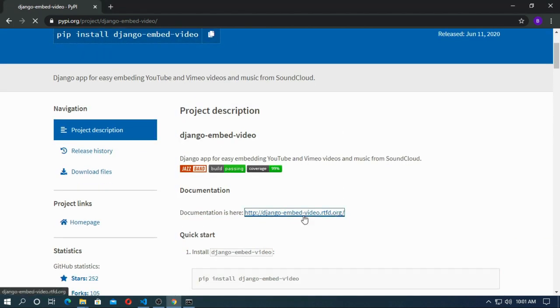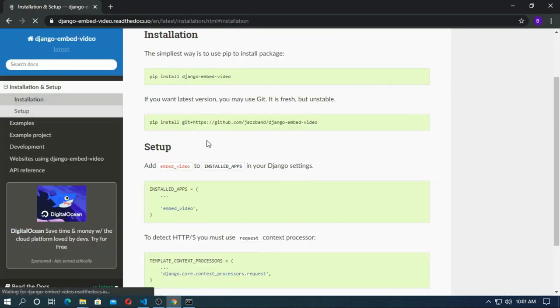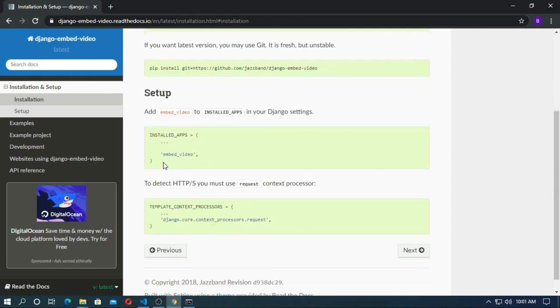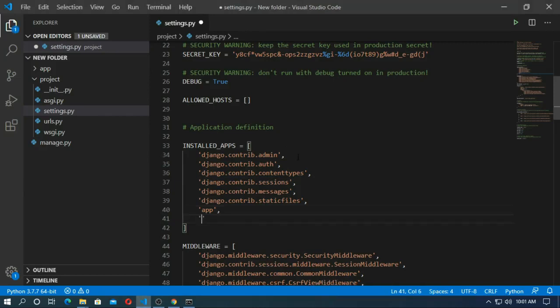Go to the documentation, go to the installation, and installation and setup are available here. You have to install the app embed_video, so copy this. Go to VS Code and install the app.